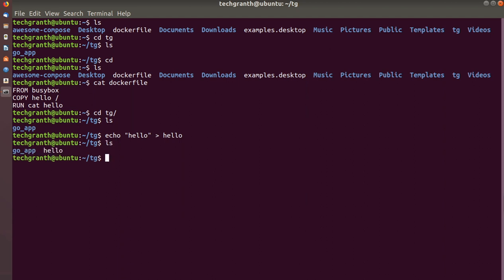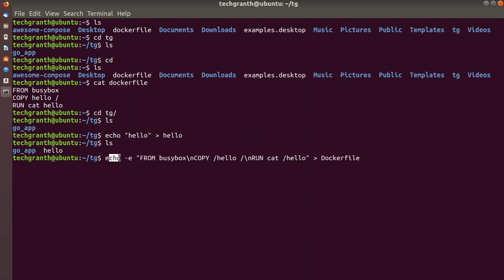Now we will create a Dockerfile the same as the existing one I showed. We will use echo -e, with all the content within the quotes.